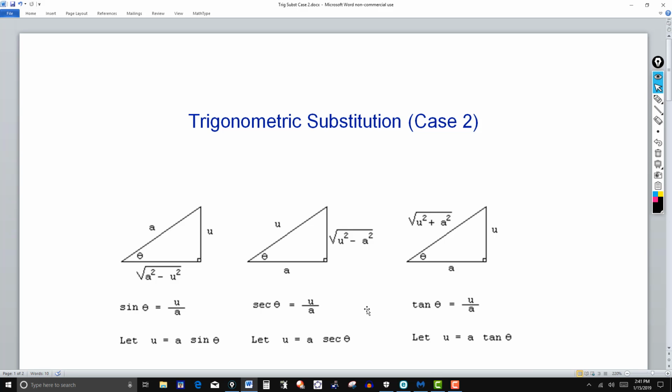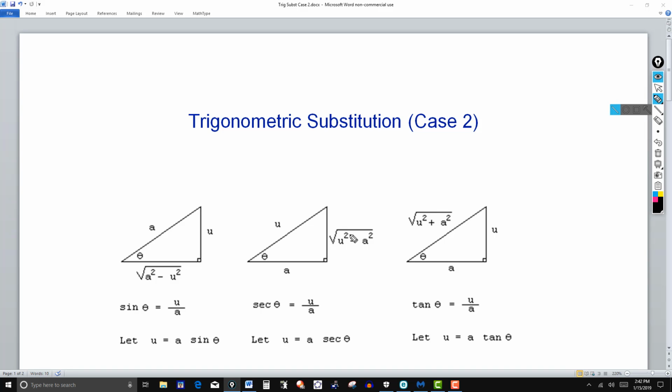In this video, I'm going to look at the second case in the problems involving trigonometric substitution. Okay, so here I have again the three triangles. I did case 1 in the last video. In this case, we're going to look at case 2, which is a situation where the integrand of the integral